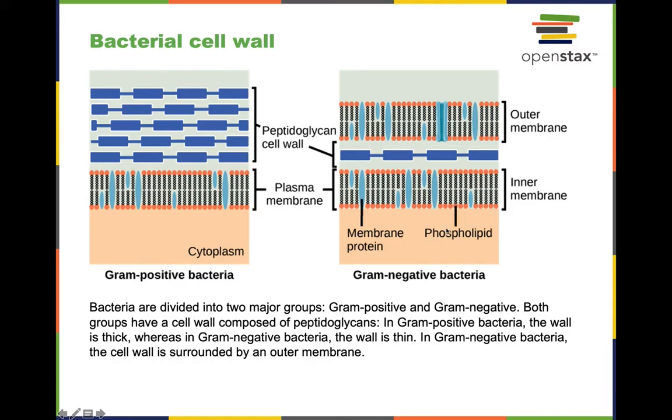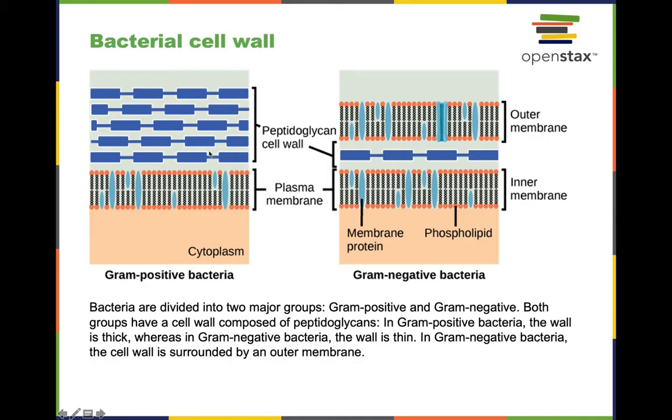And there are important differences between the outer layers of these cells. As you can see, gram-positive bacteria only have one plasma membrane, and on the outside of this plasma membrane there are multiple layers of